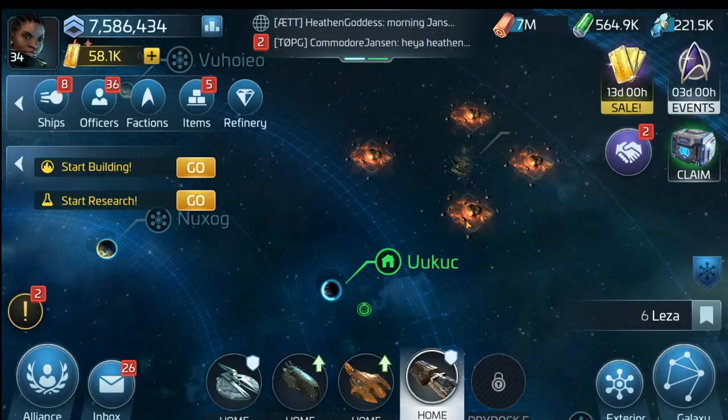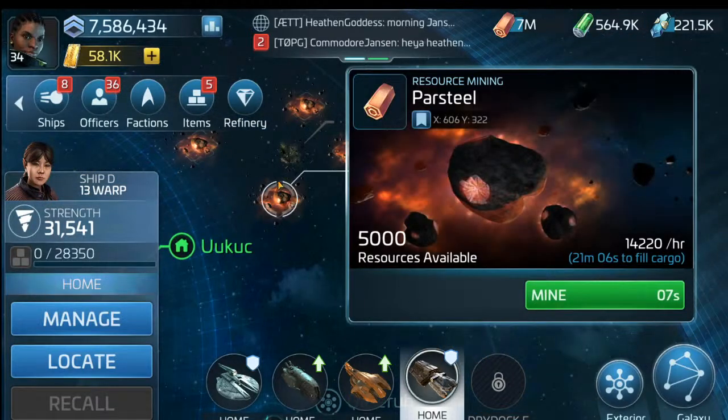And I'm going to go ahead and send this Parsteel miner out. So I'm just going to click on the mine. There's 5,000 available to mine. It's telling me my mining rate is 14,220 an hour, and it'll only be 21 minutes to fill the cargo. So I'm going to go mine,